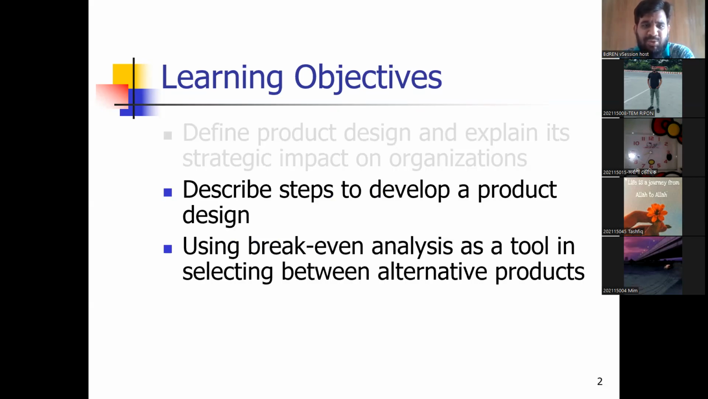Then describe a step to develop a product design. These are the marketing issues, how to develop products. Say for example, first, the management of the company generates ideas on how to develop a product. Generate idea. Generating idea means that whether you are going to produce medicated shirt or some other product, how you